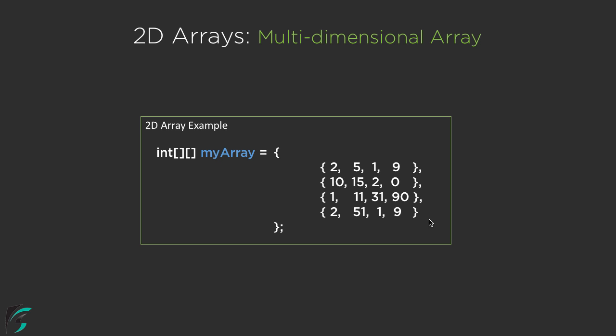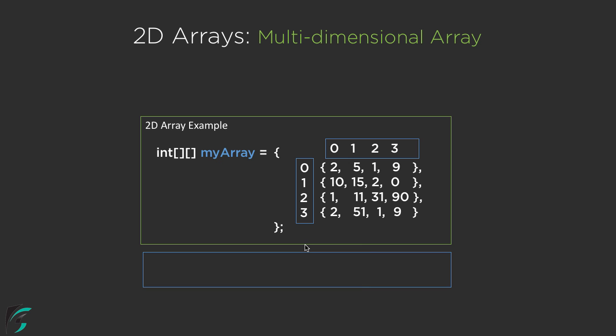And now again we have the column concept. This is the first column, second column, third column and fourth column. So more or less it is like a tabular form. So you can treat it like a table. Table having four rows and four columns, right? So the index will be similar to the row count and also the column count. So for the row count, we have the index again starting from 0, 1, 2, 3. And for the columns again, we have similar kind of structure 0, 1, 2, 3.